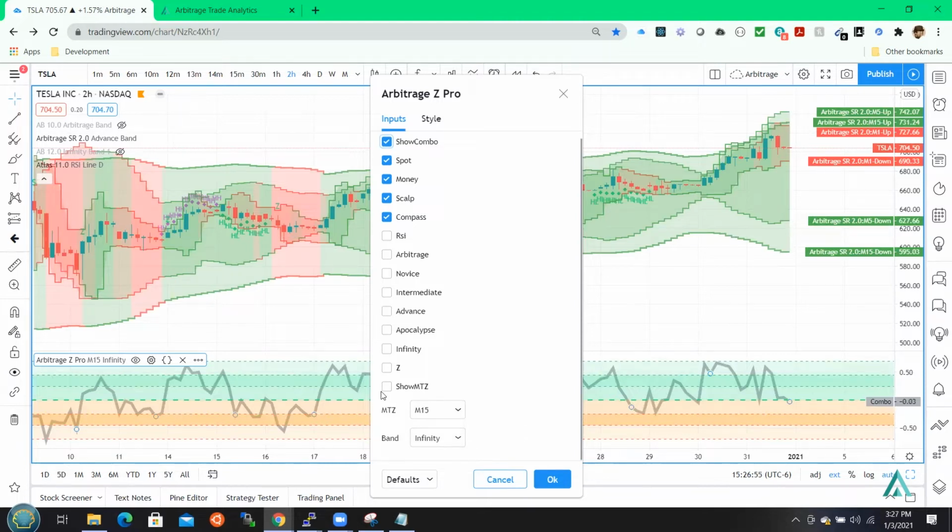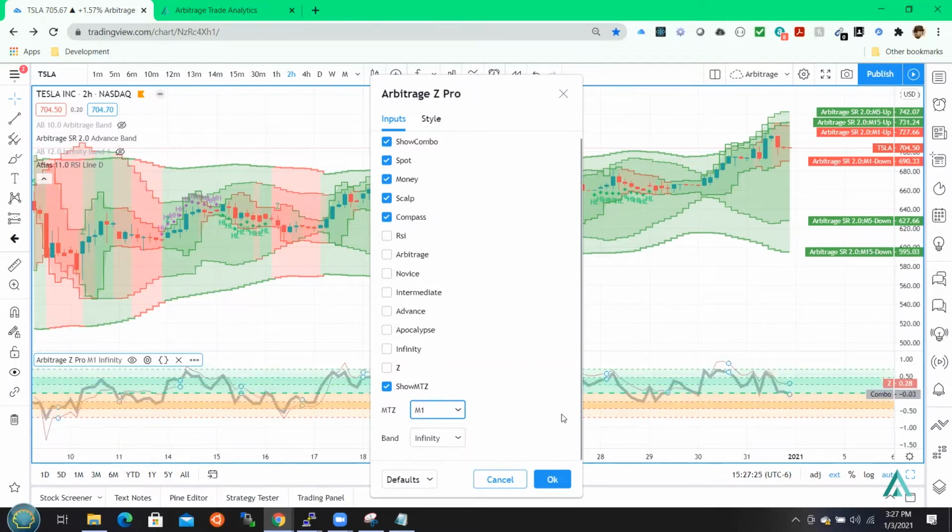The other thing that came to this, for the people at the novice level, because I don't want you missing information, is that this version of Z Pro also has MTZ. Just like we're able to look at everything from 1 minute all the way to 1 week, remember how I always say I want to know what's going on in my lowest time frame, because that's where everything happens first? If I set that to 1 minute and infinity, I have the overall overarching view. Even if I turn all these off and just set it to the 1 minute infinity, no matter which time frame, because it's an MTZ,